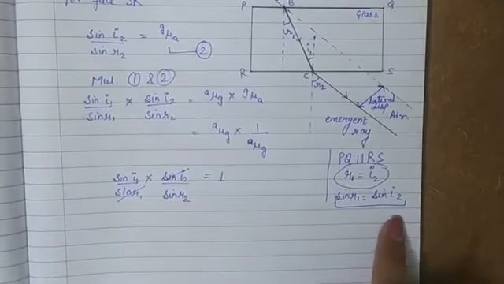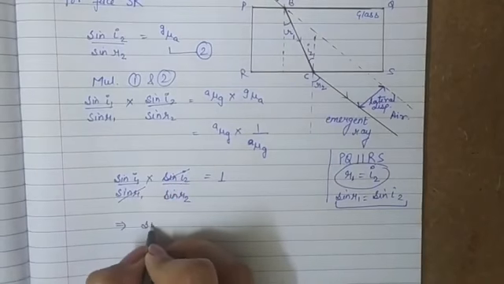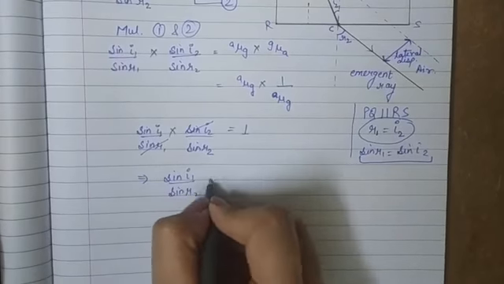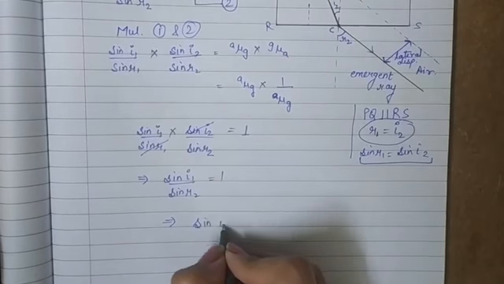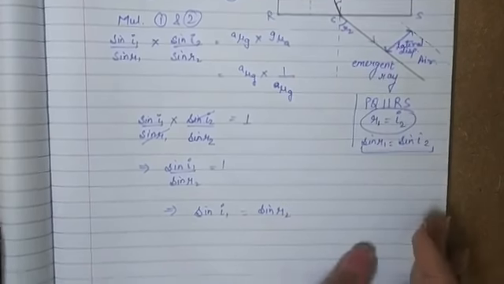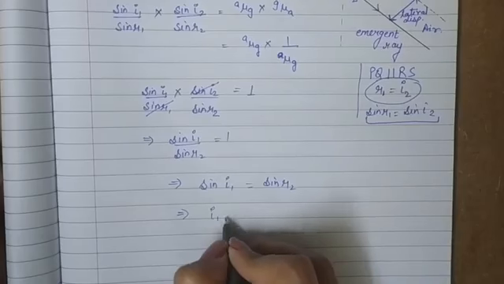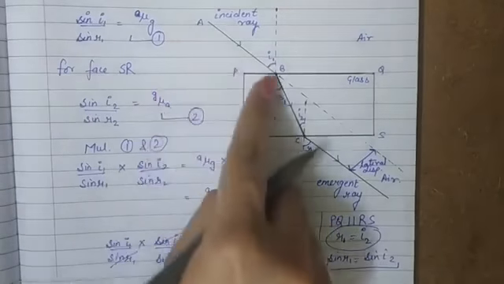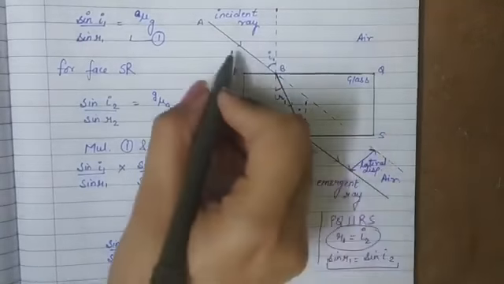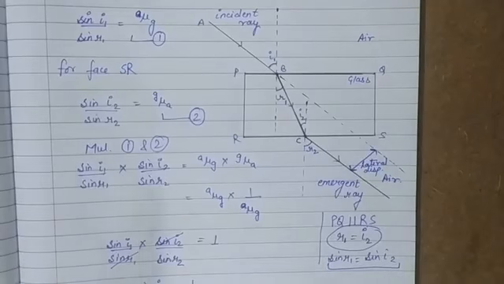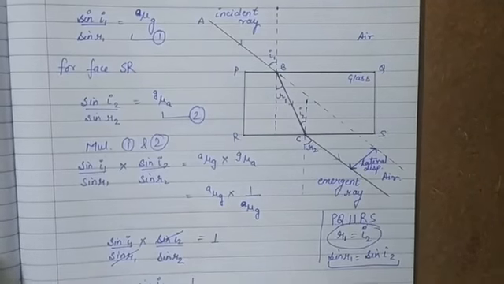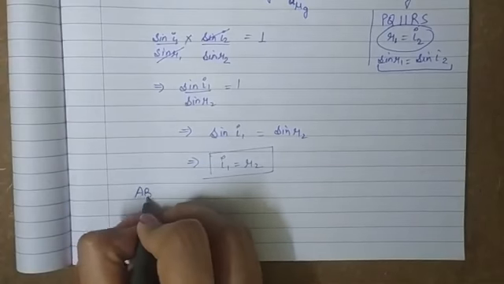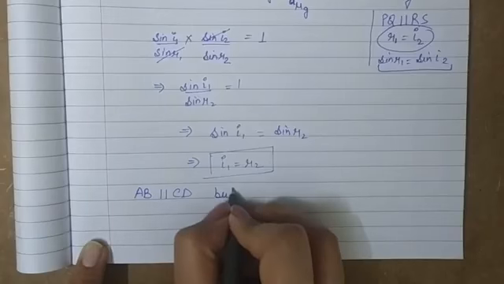Sine R1 is equal to sine I2, then these terms will cancel each other and we get sine I1 upon sine R2 is equal to 1, which implies sine I1 is equal to sine R2, or if this is true, then I1 should be equal to R2. And if I1 is equal to R2, if these two angles the rays make with the normal are equal, then these two rays are parallel, means it shows that the incident ray and emergent ray are parallel to each other, but they are laterally displaced. So I1 is equal to R2 shows that AB is actually parallel to CD, but the ray